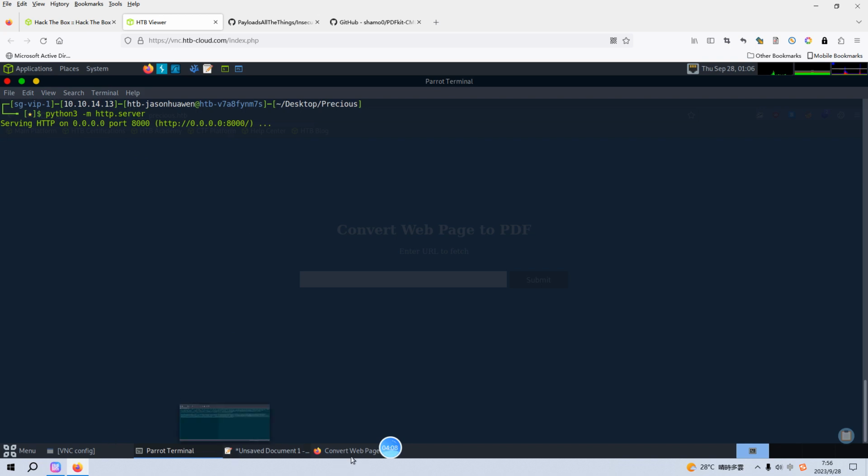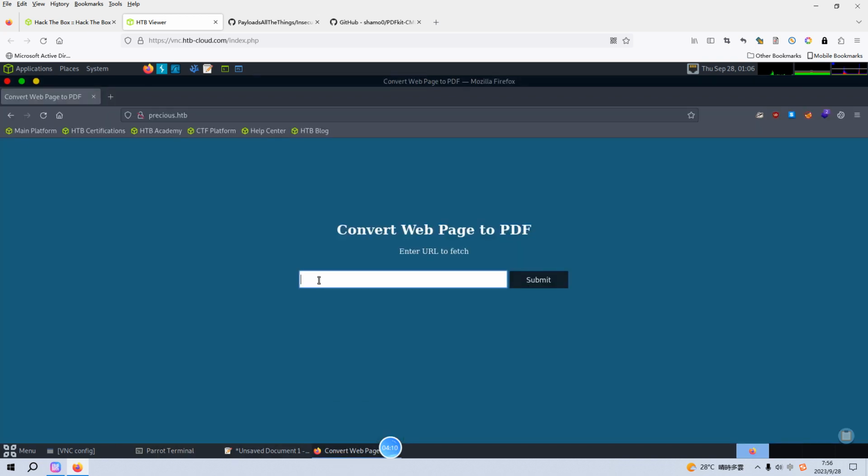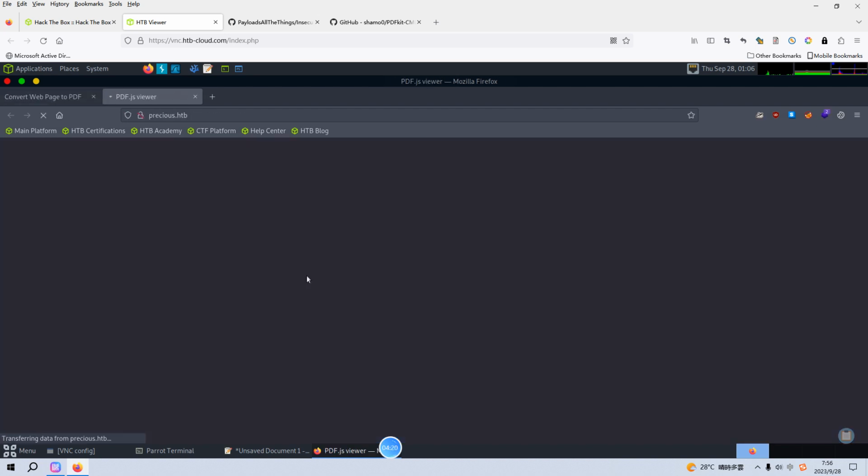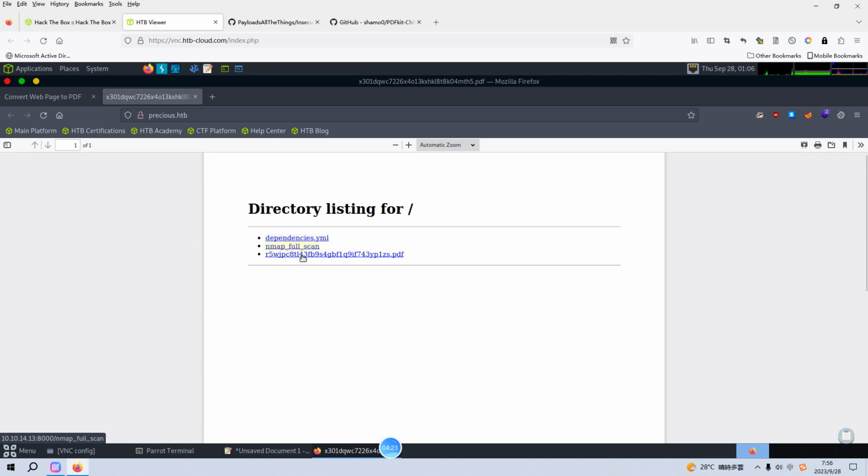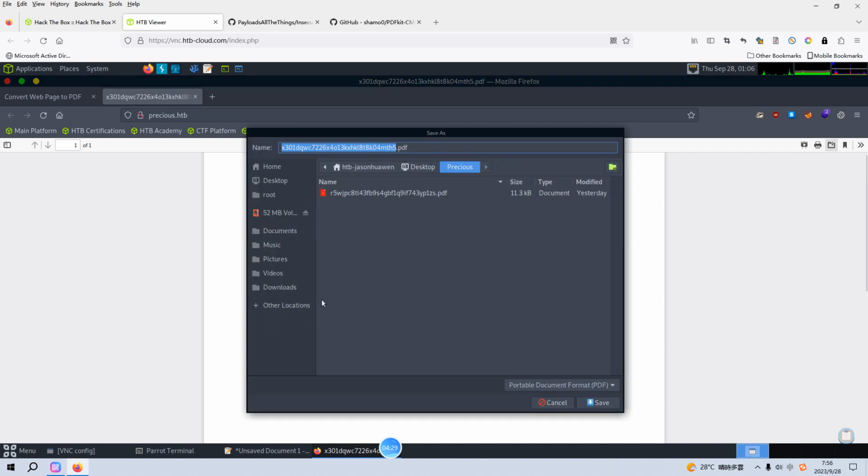Now we go back to our browser, and we can put the URL, let's submit. As you can see, we got the PDF document. If we download this document into our current directory,